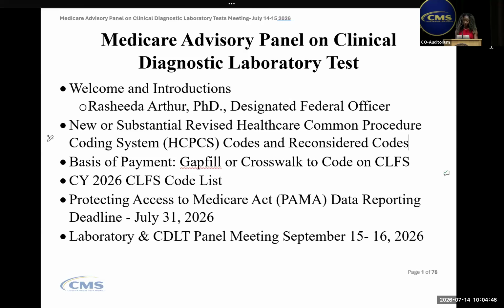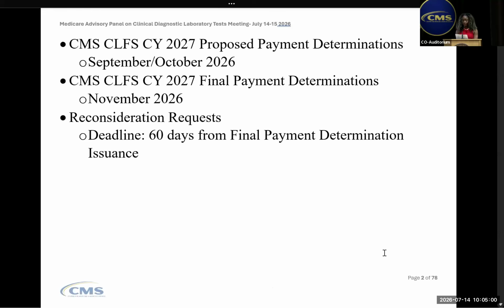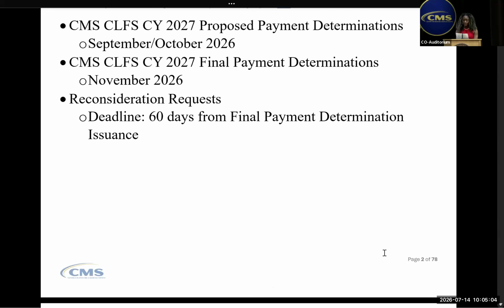For any new test code that will be gap filled, we ask our MAC or Medicare contractors to develop a MAC-specific gap fill amount by April 30th of the following year. The amounts will then be finalized by September 30th of the year. Unlike a test crosswalk to a CLFS lab test code, the payment amount for a gap fill test is not established when we determine the basis for payment because it takes approximately 9 months for our contractors to establish carrier-specific